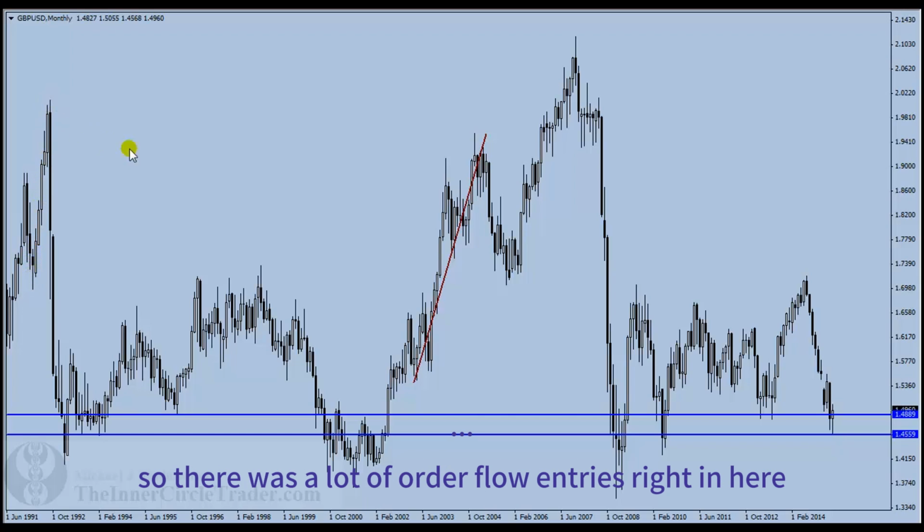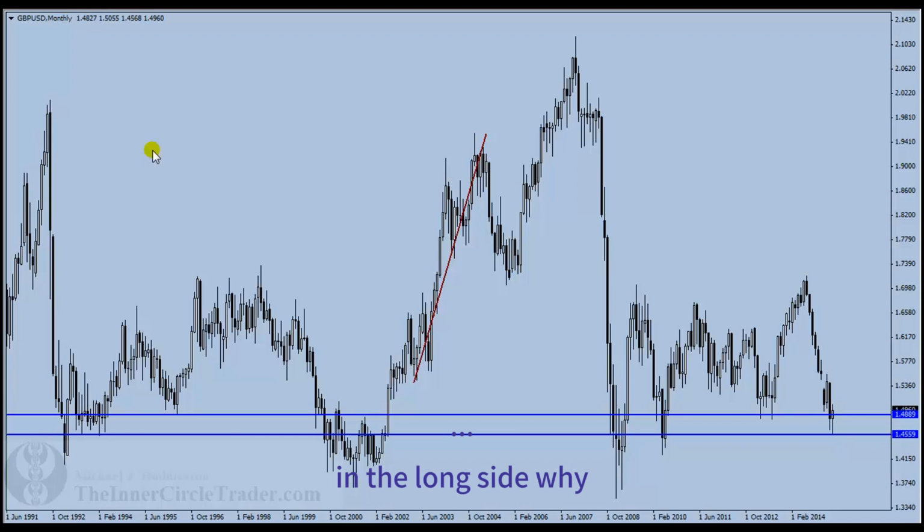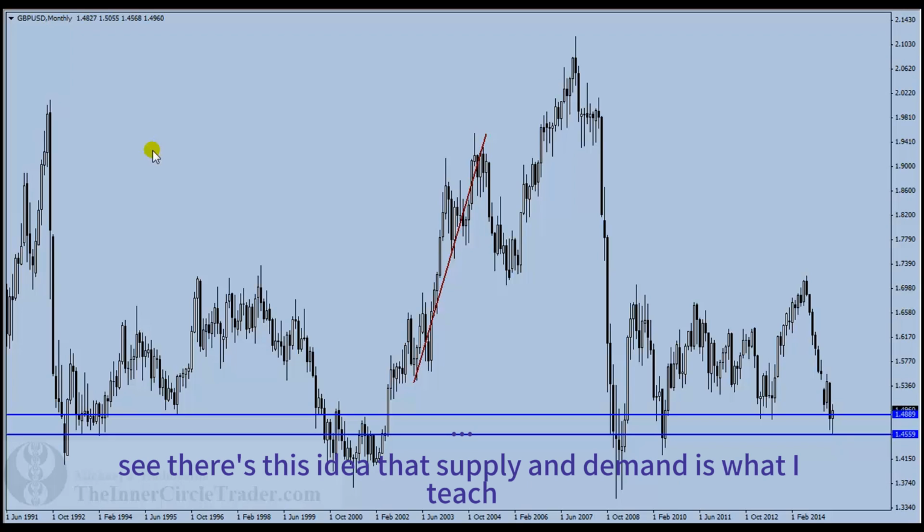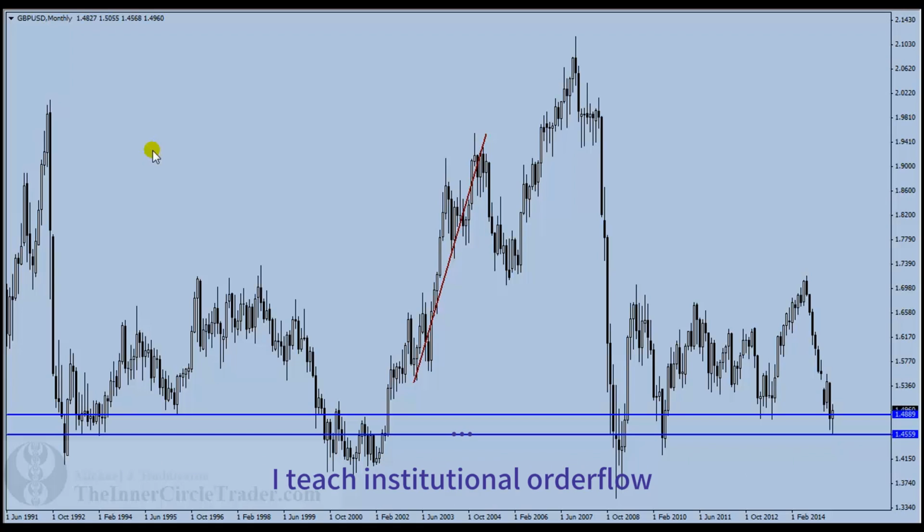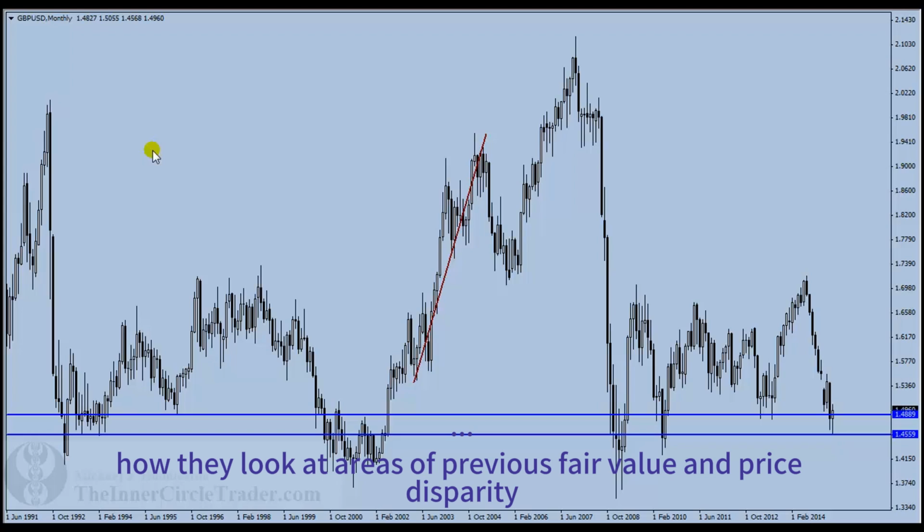See that move here? There's this idea that supply and demand is what I teach, and it's not what I teach. I teach institutional order flow. I teach how the banks view charts, how they look at areas of previous fair value and price disparity, and where they look to do their buying and selling. That is what's important, not how supply and demand traders look at price. I don't care about rules that were created by a ticket runner not to cut through candles. I worked and rubbed elbows with bank traders, and I'm telling you, we don't care about cutting through candles,